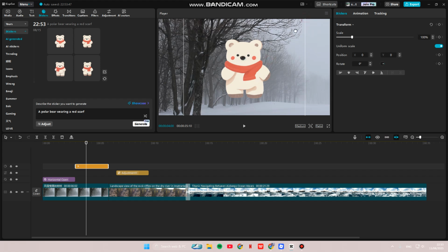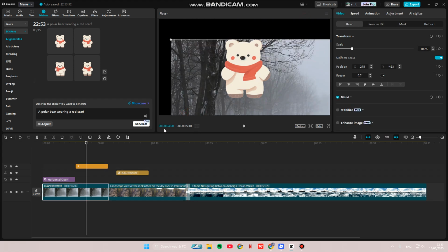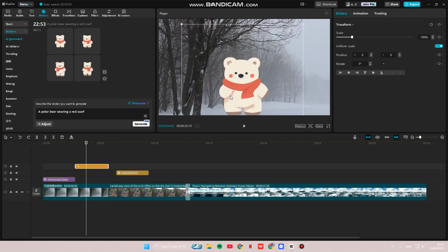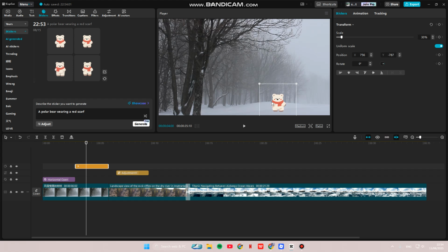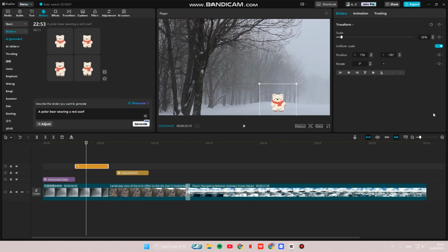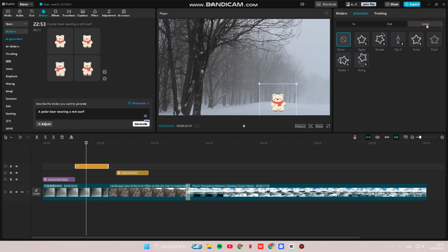Now I'm going to make it a little bit smaller. I'm going to put it here, and to make it move, you can just add animations to the sticker. Click on animations, and here I'm going to use loop. Let's try the jiggle,